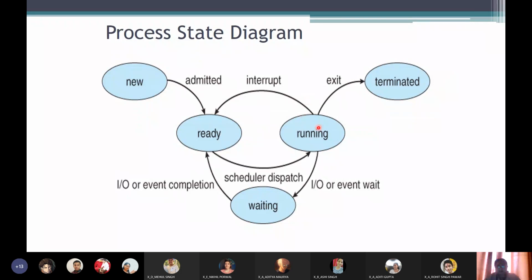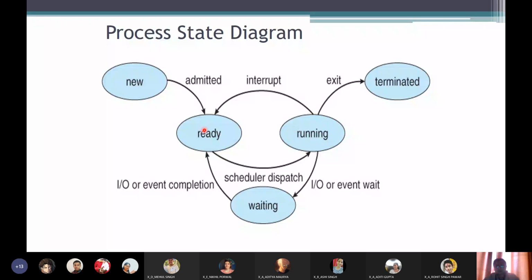So suppose there is an error and your program stops executing, or there is some kind of a problem which arises. Your CPU will generate an interrupt signal. It will notify an interrupt signal saying that something went wrong in the program. Okay. Now it's up to the user what to do with it. If the user decides, okay, I'm going to run it once again and check, it will go back to the ready state, right? Again, it goes to the running state, and finally the user again gets that interrupt.